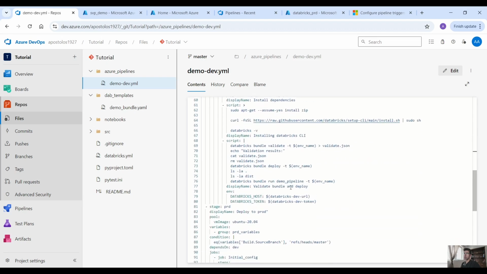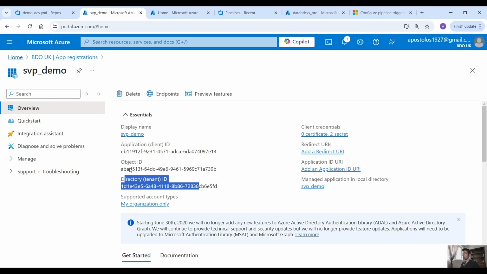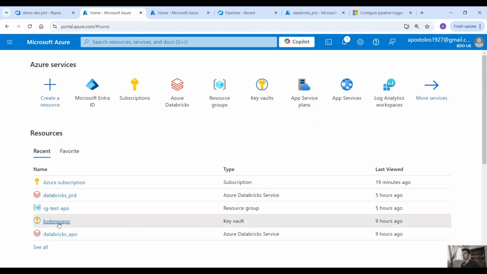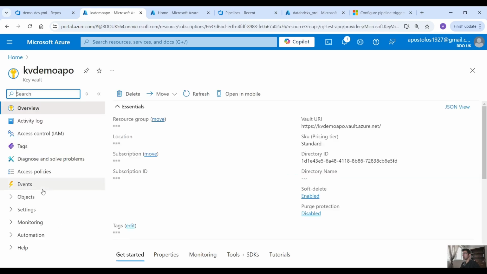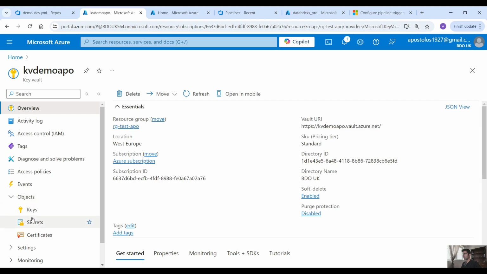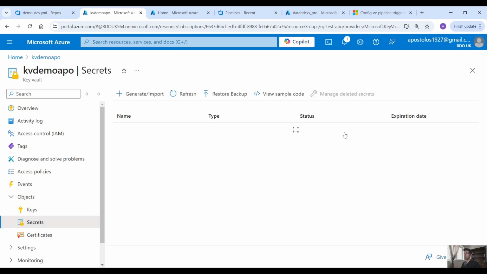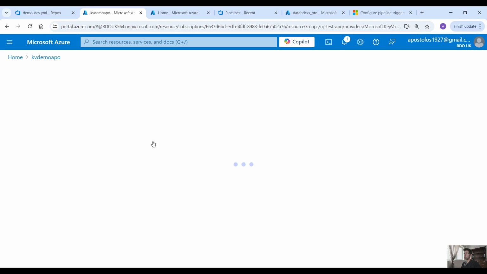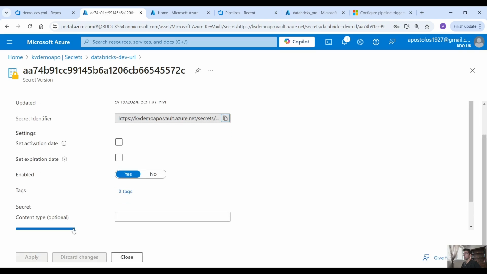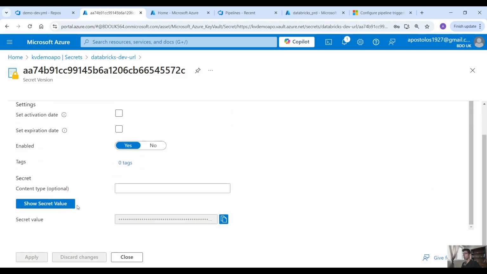And in the Key Vault we have two secrets. One is the Databricks URL and the Databricks token. Now let me go back to my Azure portal, open Key Vault, and here we have the secrets, right? Here in the secrets I have Databricks dev URL, which is here, we have the value, which is in Databricks